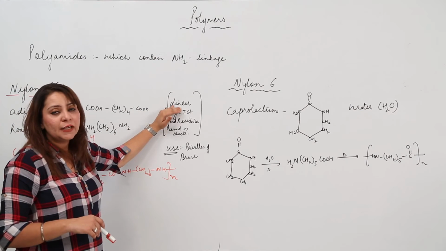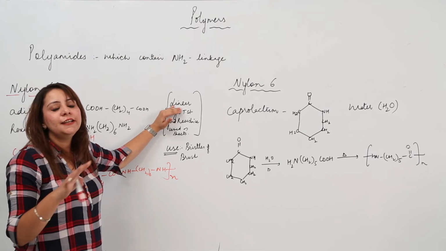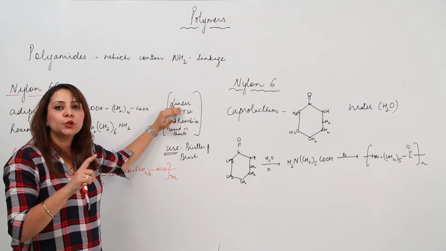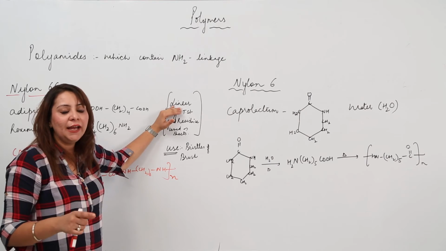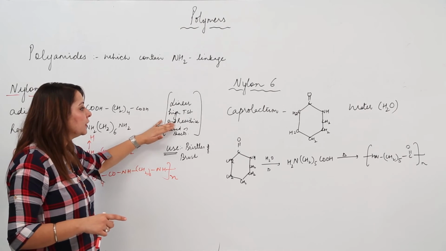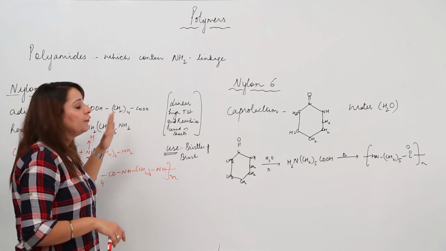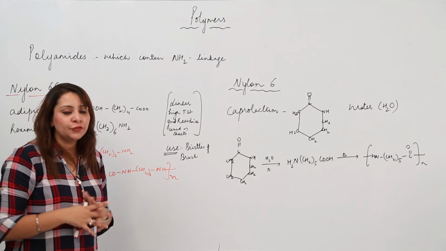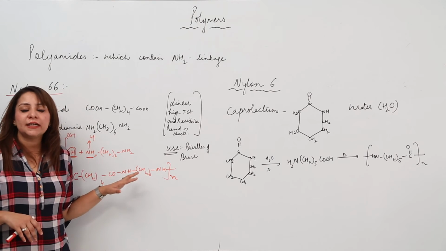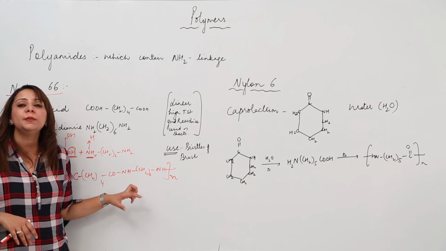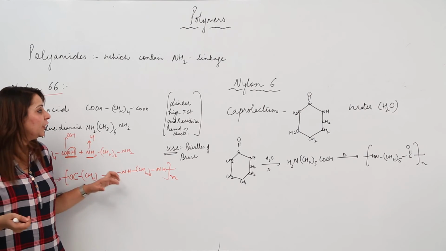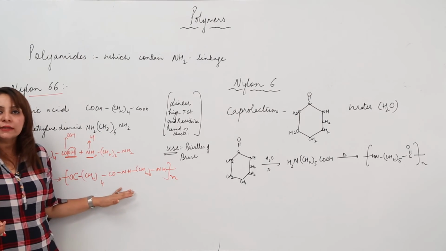As far as its properties are concerned, it is linear in shape. That means linear polymerization means a linear structure. We already discussed in the previous class that linear means long chains closely spaced with high density, high melting and boiling point. Likewise, it has high tensile strength, good resistance, and it is often used in the form of sheets. As far as the uses are concerned, it is used in textiles, and in making bristles of the brushes which we daily use to clean our teeth. So this is nylon 66.